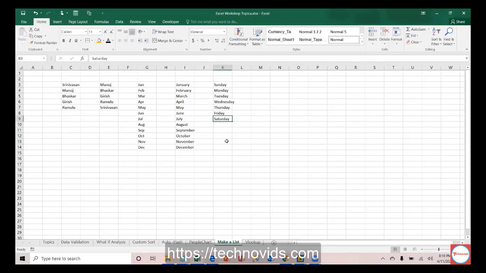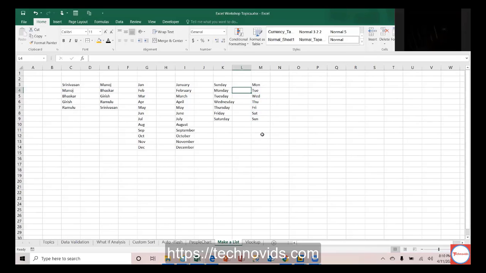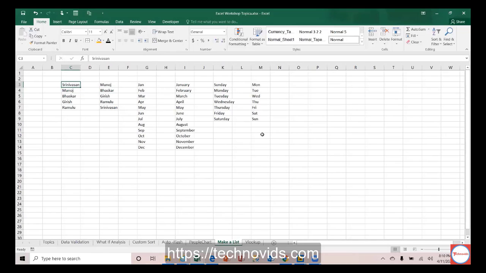So how is Excel doing this? How is Excel doing this? Not only this, this should also work. Okay, this should also work. When you bring this, it should work, right? In your system also, it may work depending on your version and depending on the list you're using. Version shouldn't matter. The only thing which may not work in your system is this. I will show you how to make a list. It's like you are making a wish, like that you can make a list also, right? All right, let's see where we can do all these things.